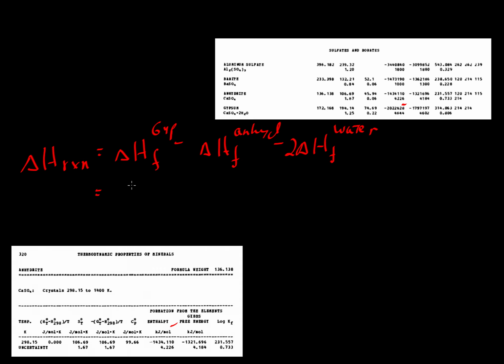So for gypsum, this fellow here is minus 2022 kilojoules per mole. From that, we will subtract the negative value, and that is minus 1434 kilojoules per mole, and then minus 2 times, well, we've erased it. If you play back the video, you'll see that it's minus 285.8. We should probably round up to 286. So if we carry through the decimals in the calculation, we should get a total sum of minus